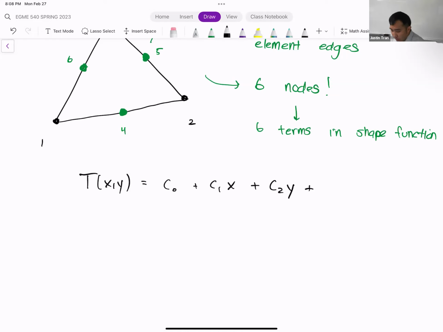The next term that we're going to add is our pseudo linear term. So we have C3 xy. And we have the purely quadratic term. So we have C4 x squared and C5 y squared.